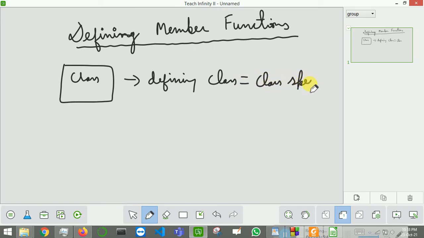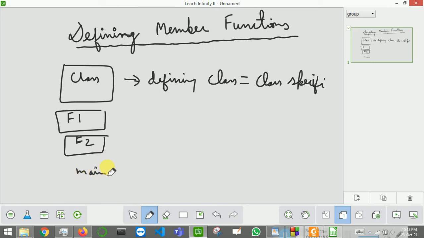Here you will be writing what are the variables, what are the functions, and then next will come your functions, function 1, function 2, and then next will come your main. This main part is where you will be creating and using objects. So we have already covered these two parts.